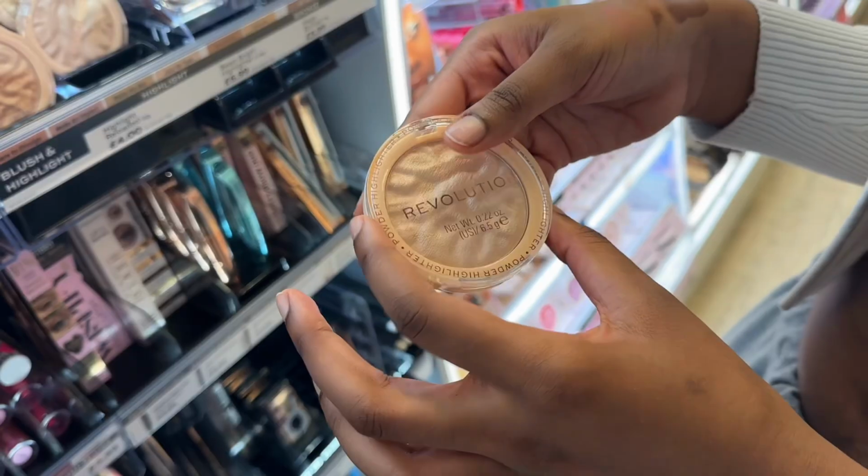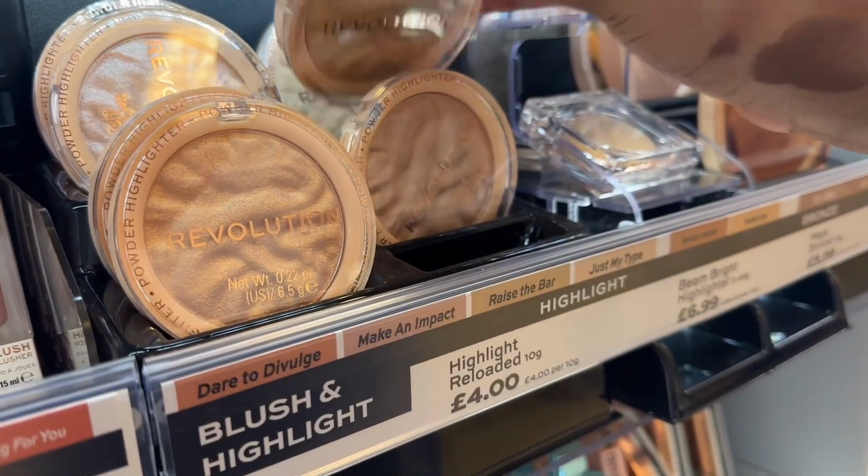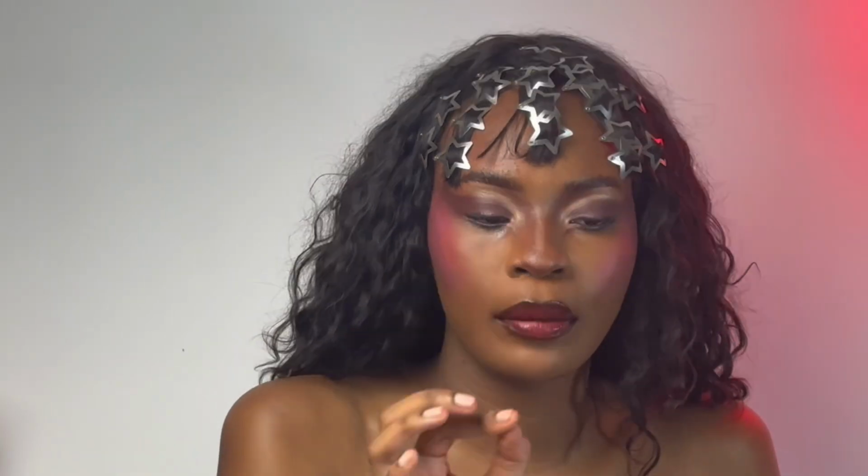I'm going on to powder highlight now. Makeup Revolution have this gorgeous powdered highlight, which I absolutely adore. It's just so cute. So if you're looking for a powdered highlight, really good, and it is only £4 for this gorgeous, amazing pigmented highlight, and they are exceptional. And I'm going back to get them now because